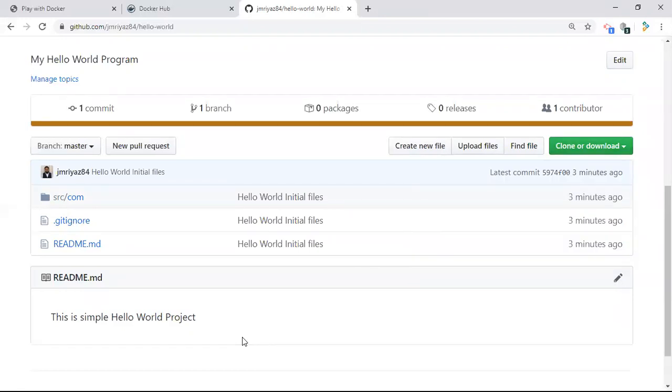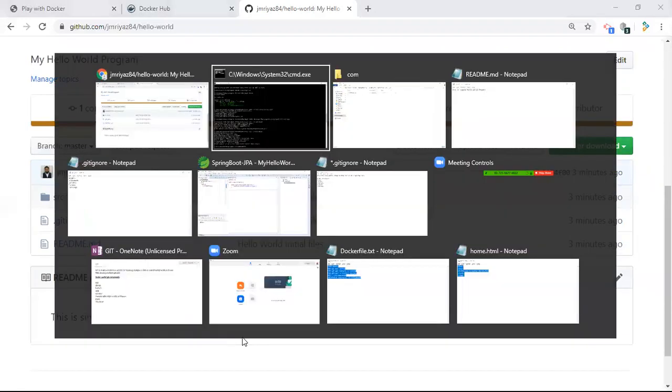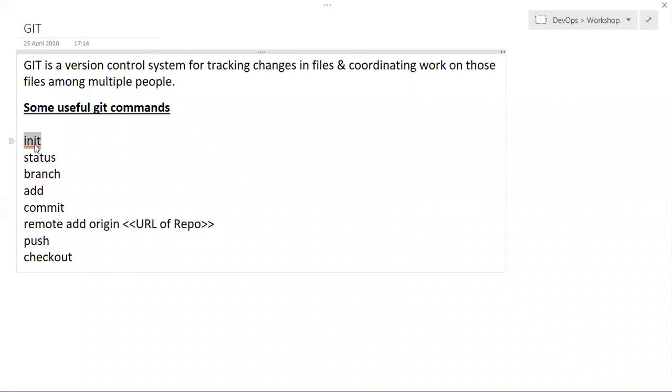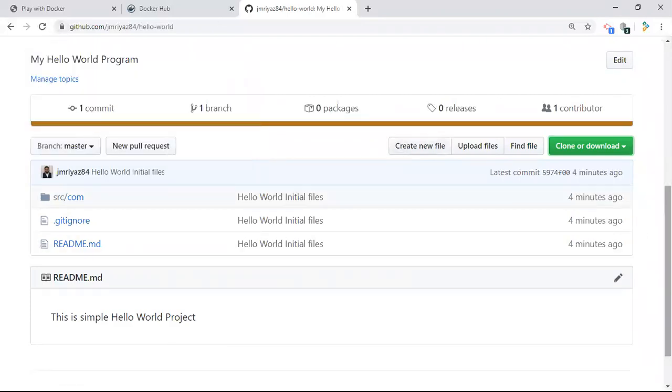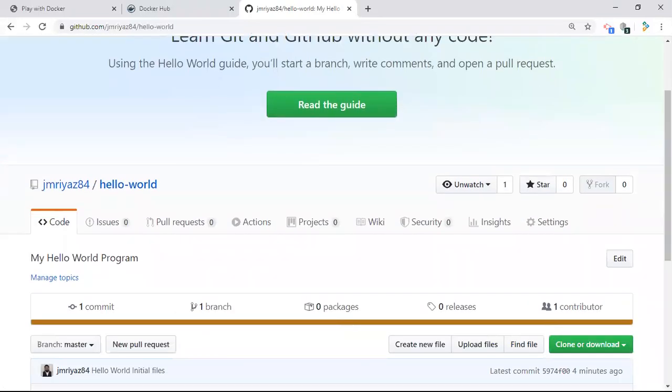So this is all about git. For now, we are going to look at various other git commands. We have learned init, git status and git branch. Git branch means, for example, in big projects they create separate branches. For one module there will be one branch, and for another module a different branch, because the modules are independent and different teams create their own branches. Once everything is working fine, finally they commit the code into the master branch. In this case I have only one branch, but you can create multiple branches from here.